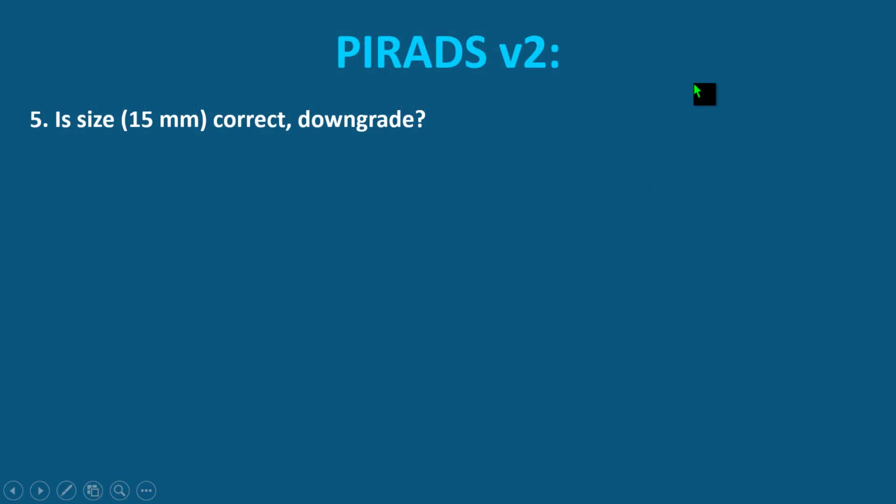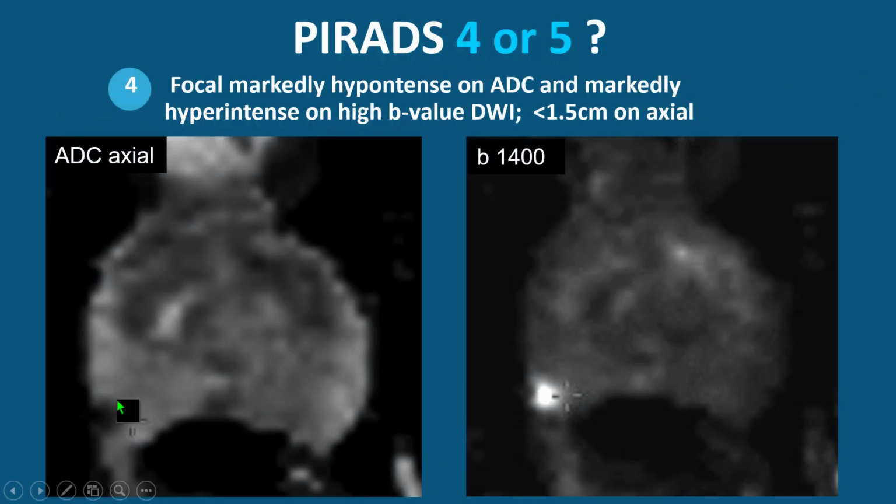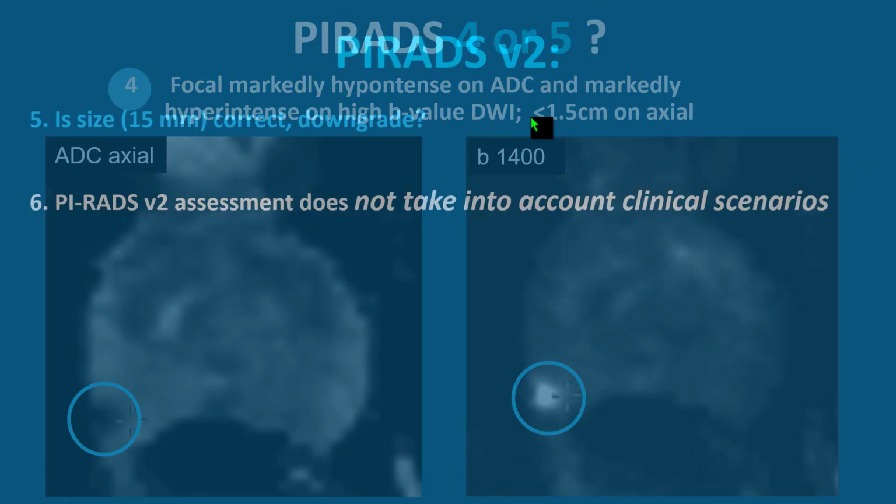Now, size. We are bad at size when it's a Gleason 3 lesion. So why did we take 1.5 millimeters? Should we go down? In the past, I would call this lesion with an ADC of 500, and very bright, a 5. And this is a Gleason 10 lesion. But now I have to call this a 4. So there's more than size alone. Still, we have to figure out what we should do in the future. At this moment, still the rule is 1.5 centimeters.